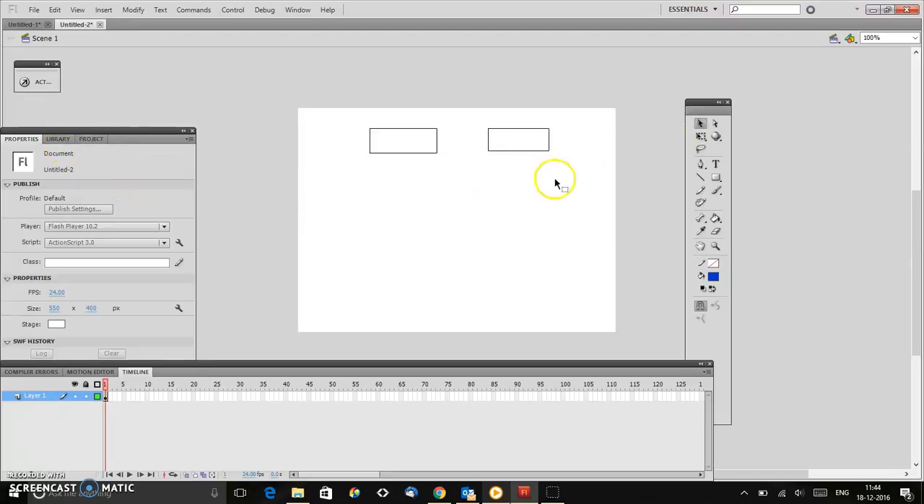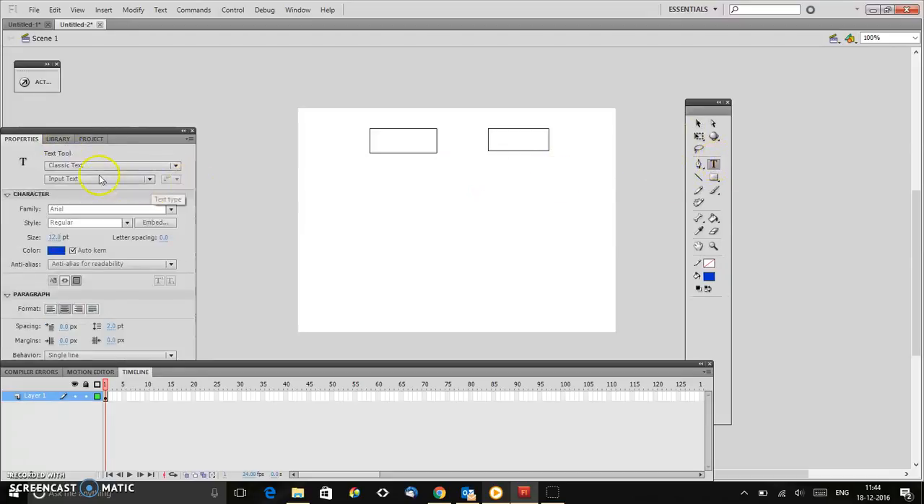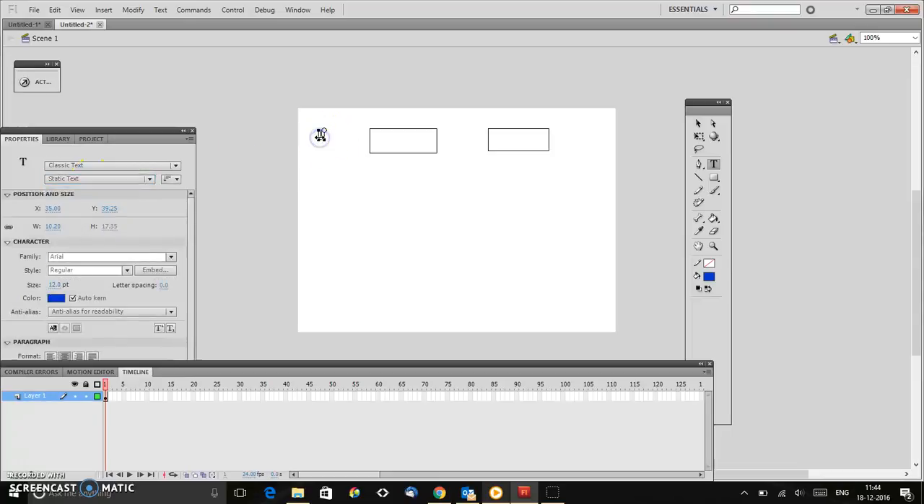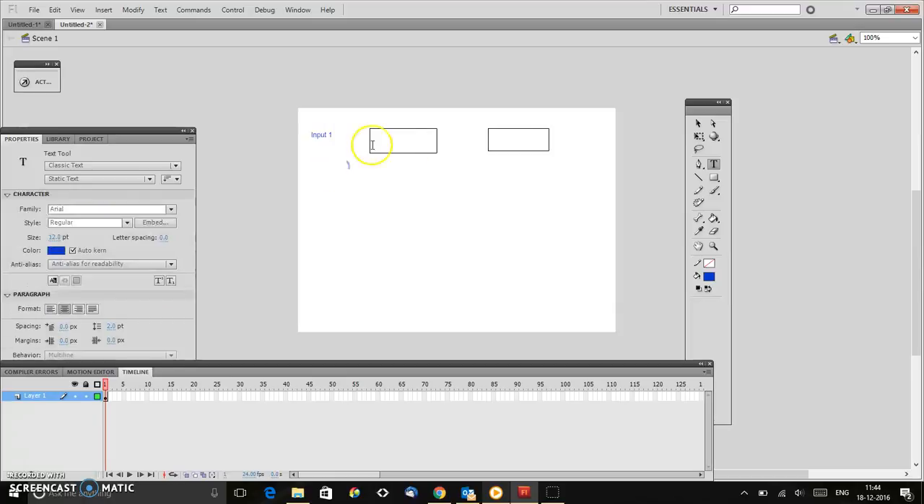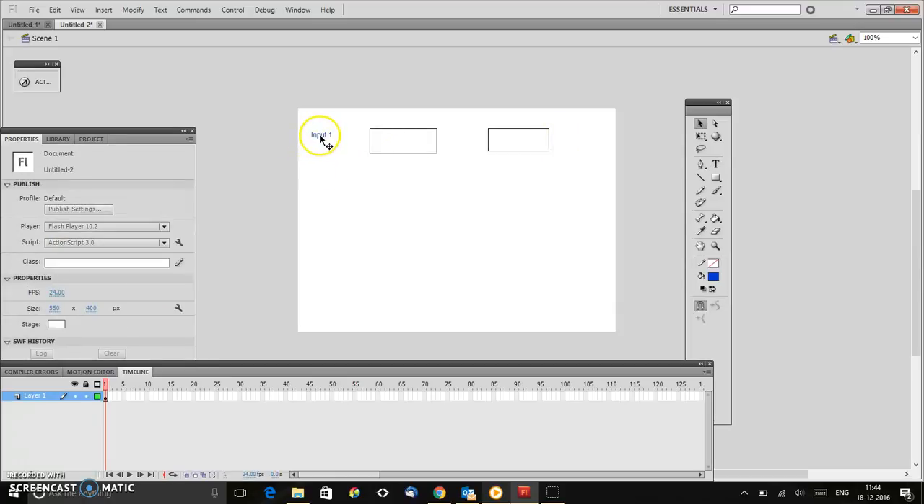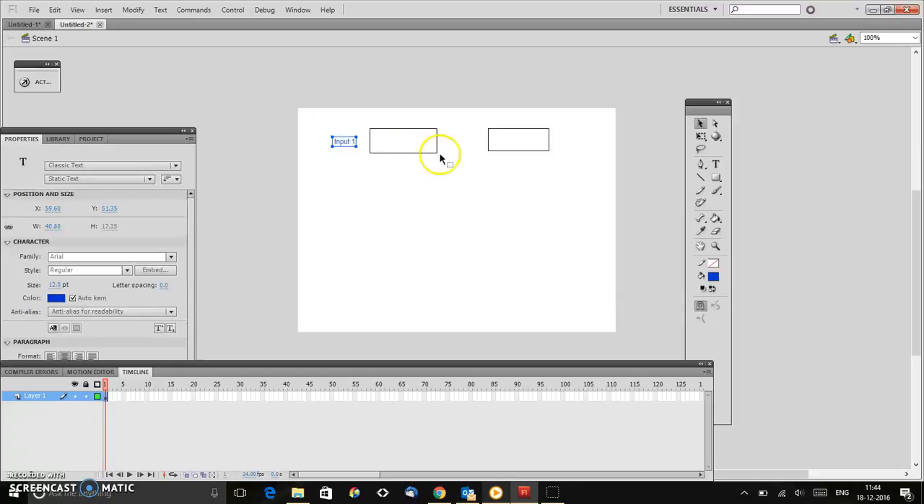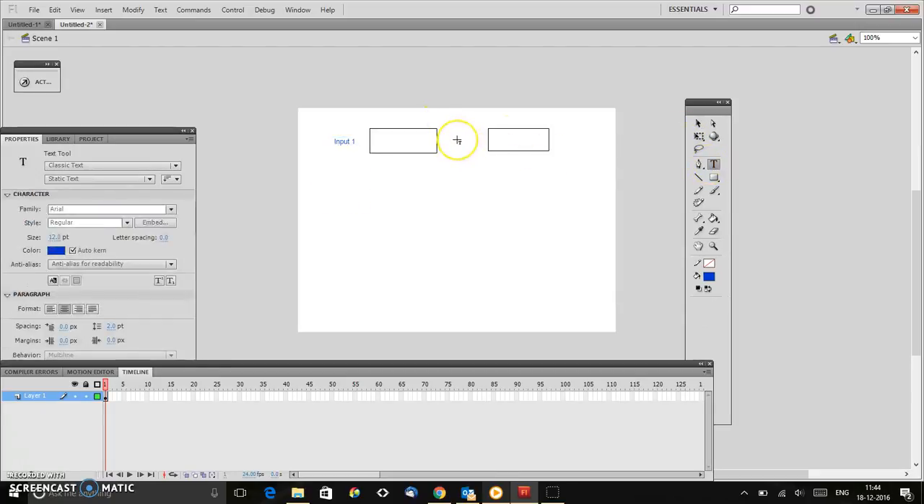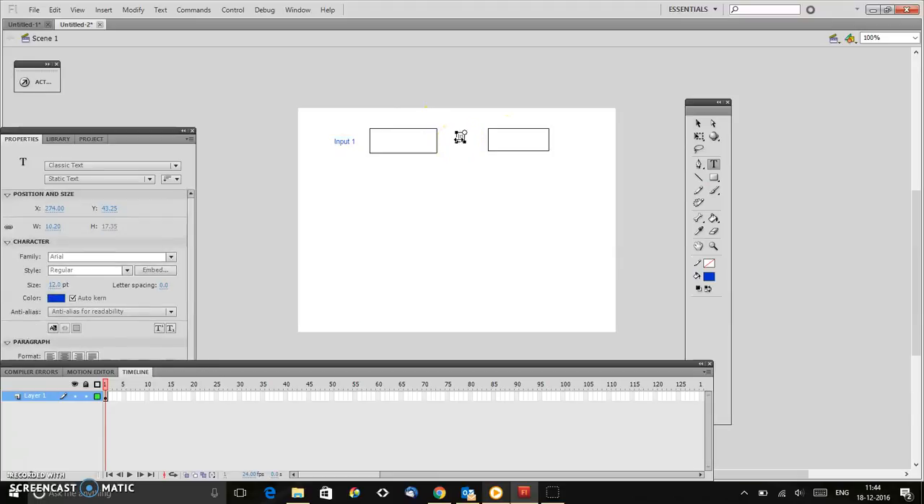Let me label them. For that, again, I need the text tool, but this time I use the static. So I call this as input one. This is just a label. Call this as input 2,